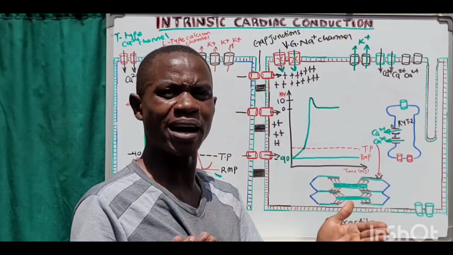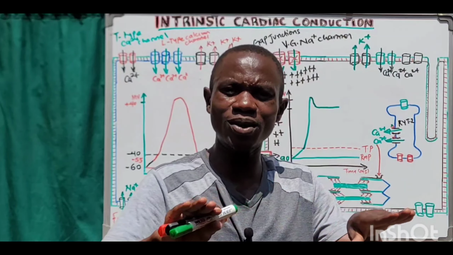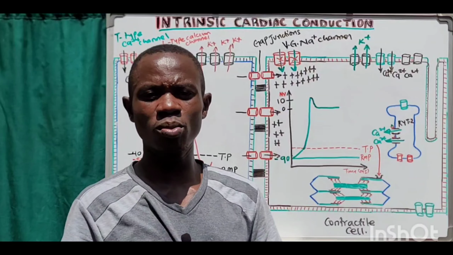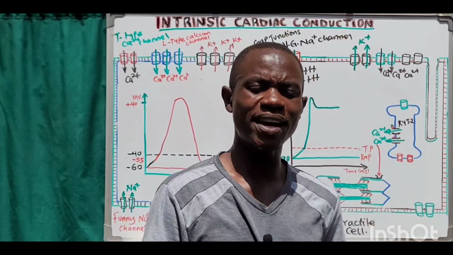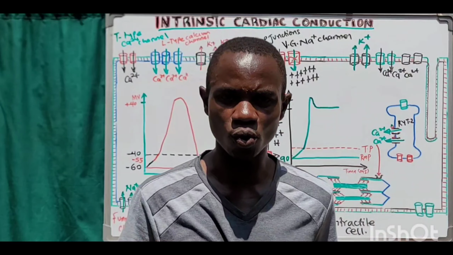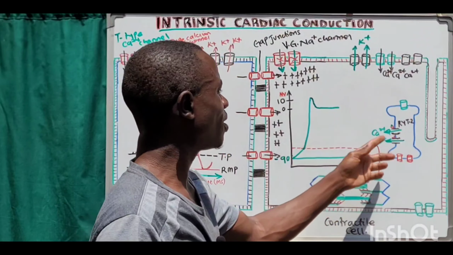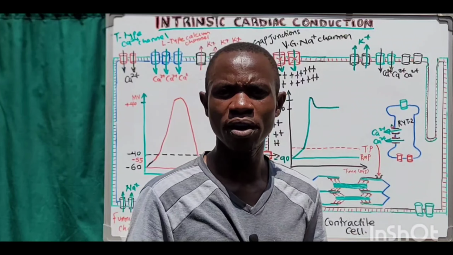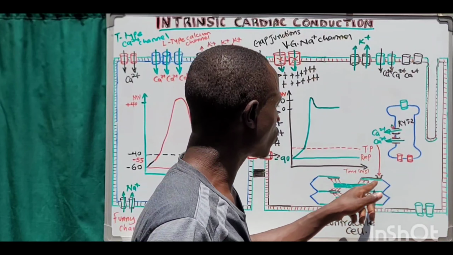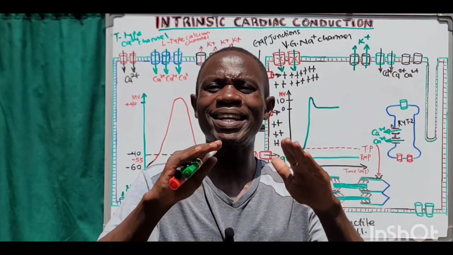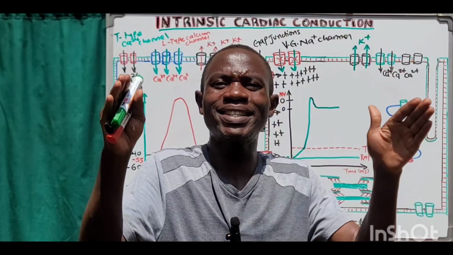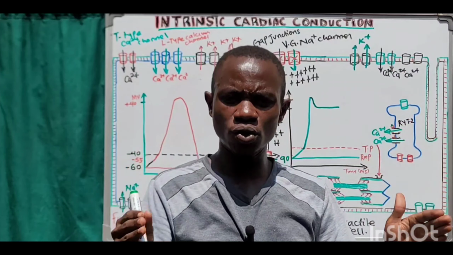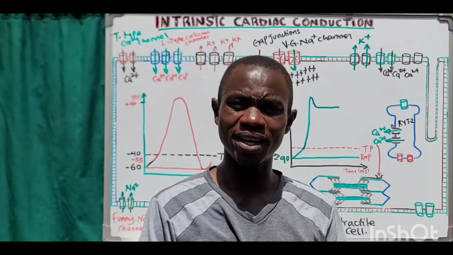Okay, and when that happens, we are going to make a lot of cross bridges. Once we make the cross bridges, the next thing is the power stroke, and then finally we have the muscle contraction. So this is how calcium from the sarcoplasmic reticulum starts the process of muscle contraction. This process happens on the entire ventricular myocardium or entire atrial myocardium, making the atria contract together, and also the ventricular myocardium contract together,